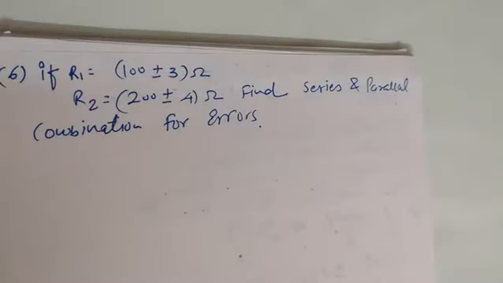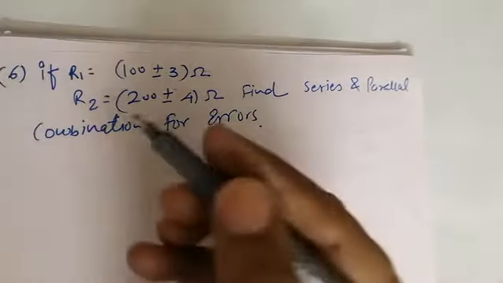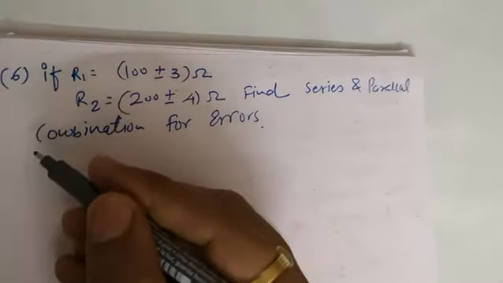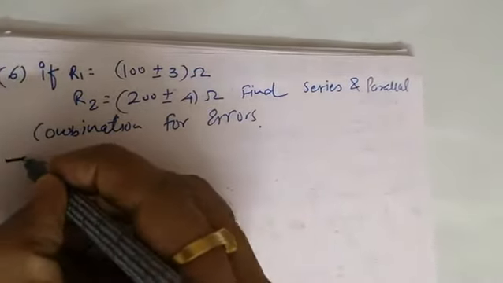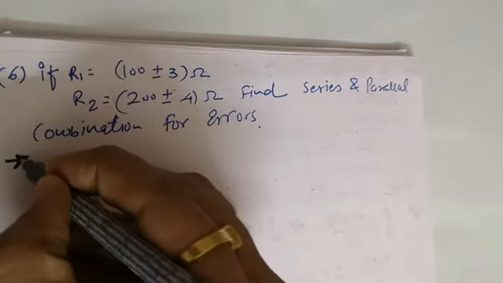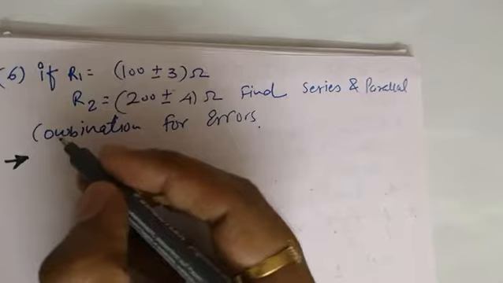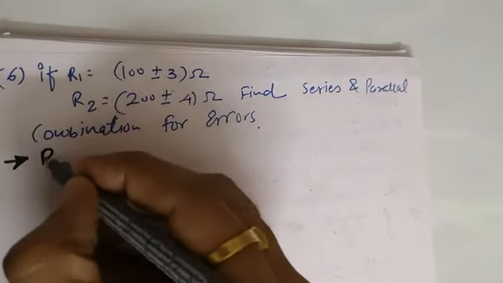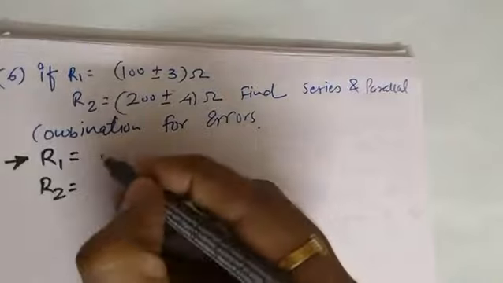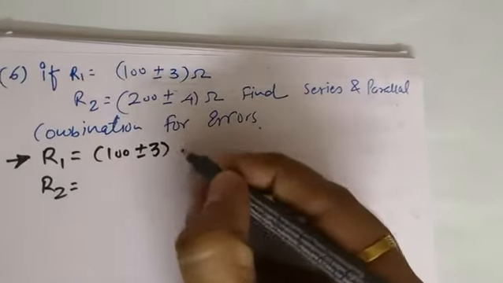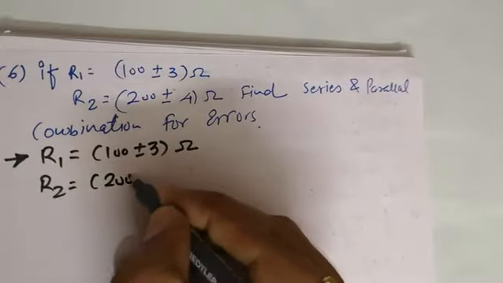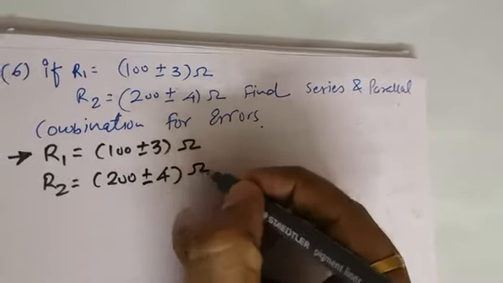One of my favorite examples, a good one which may test your mettle, or I can say gives you an opportunity to think about what type of error you can create, because it may give you some questions which can be solved once you learn proper calculation in the differentiation part. So you have such data: r1 equals 100 plus or minus 3 ohms and r2 equals 200 plus or minus 4 ohms.